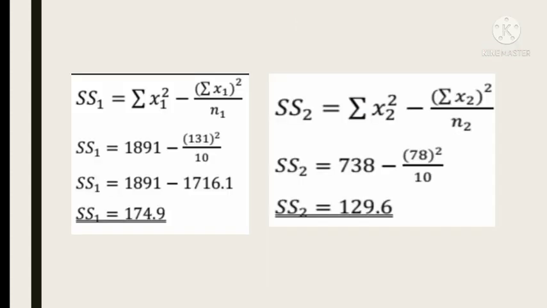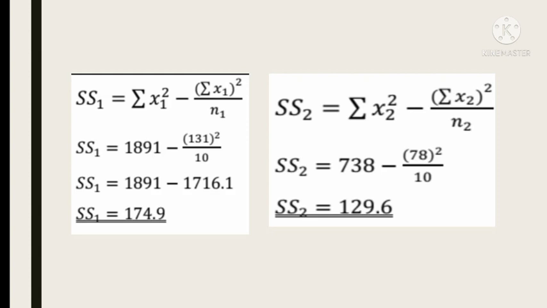So now I'm going to show you the computation of the SS sub 1, or the sum of squares of group 1, and the sum of squares of group 2. If you want, you can go back and check that the summation of x squared sub 1 is 1891, and then minus the summation of x sub 1, which is 131, and we're going to put it in parentheses because we're going to square it later. So all over the sample size, which is 10. Computing it, we're going to get the sum of squares sub 1 equals